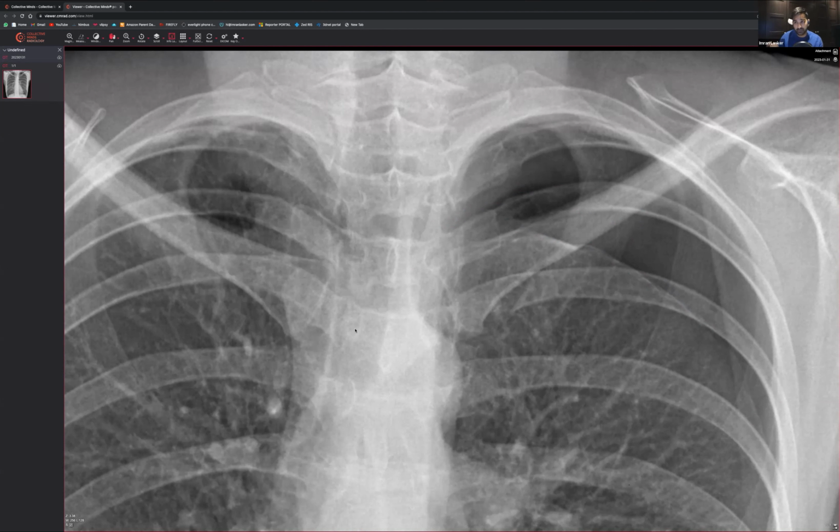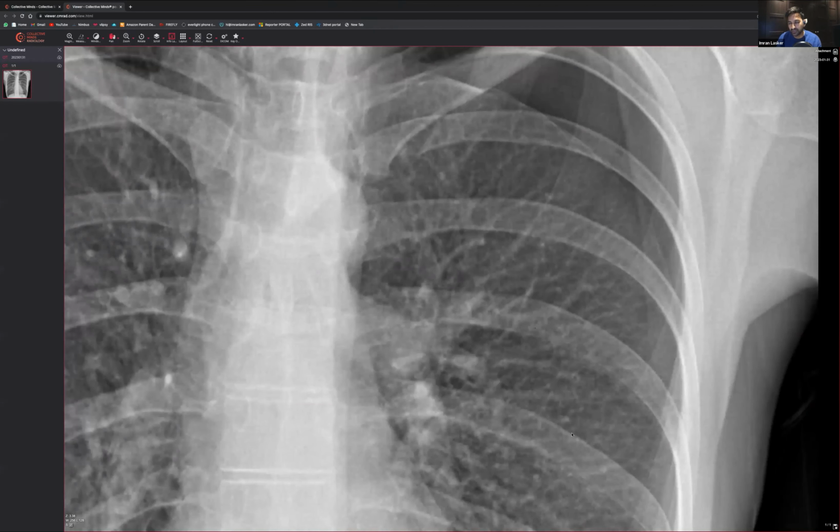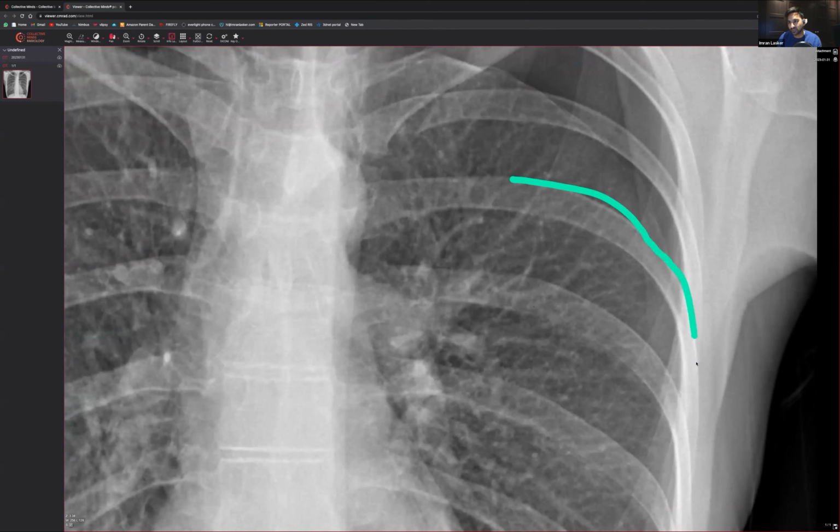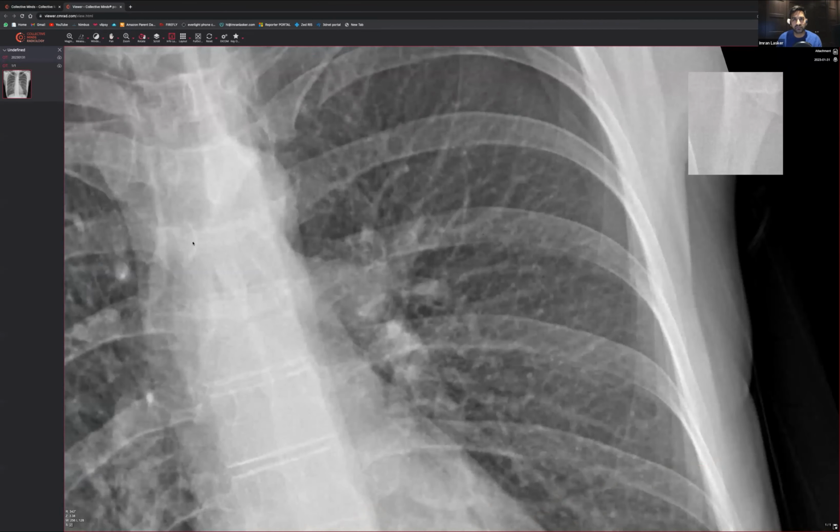So the next thing, being a radiologist, because all you guys are radiologists right now, even if you're not, is to make sure that you have a look at the bones, right? Very, very important, because if someone's got a pneumothorax, you have to think, okay, yes, pneumothoraces can be spontaneous, but you also want to make sure that the things that could result in pneumothorax are ruled out. So in this particular situation, you want to make sure there's no rib fractures at all. So again, you just have a look at the rest of the ribs. You look at the posterior aspect of the ribs, and you follow it around all the way to the front. Someone's mentioned something which is really great, and exactly what I'm going to use your little cue to do. This really works great for looking for rib fractures.